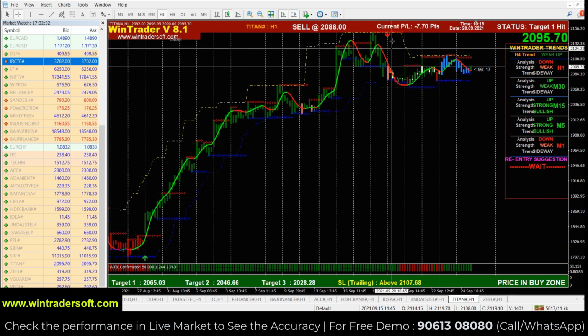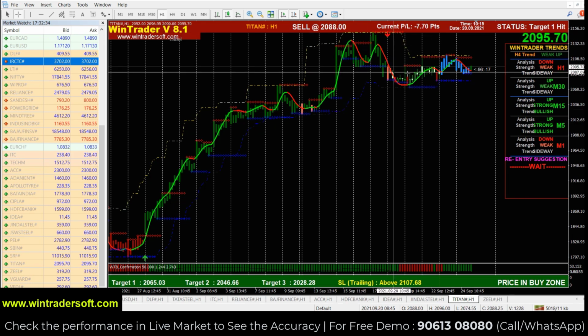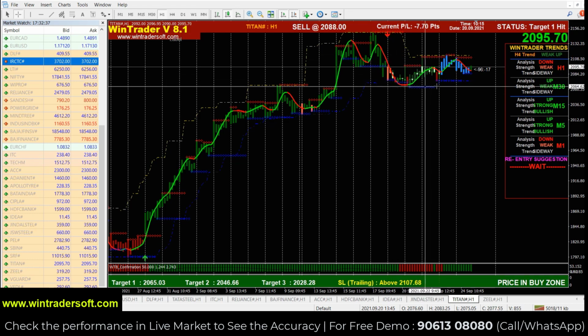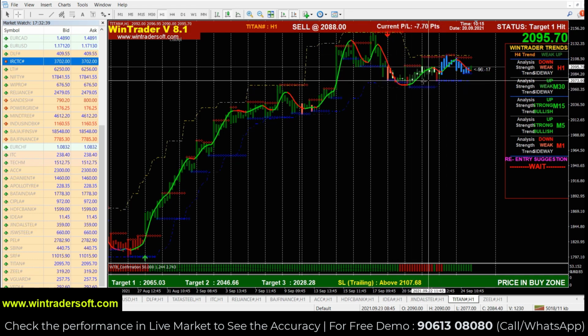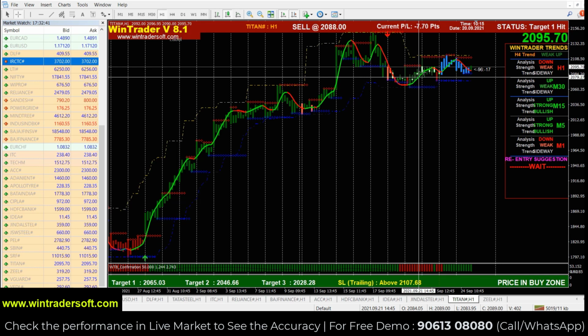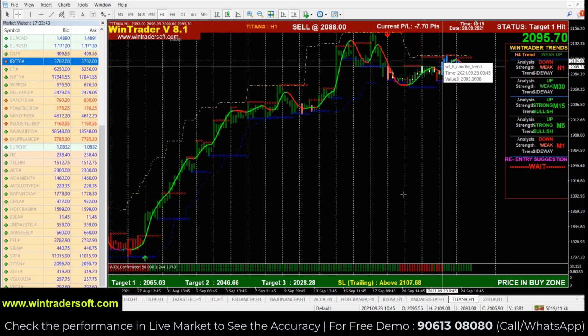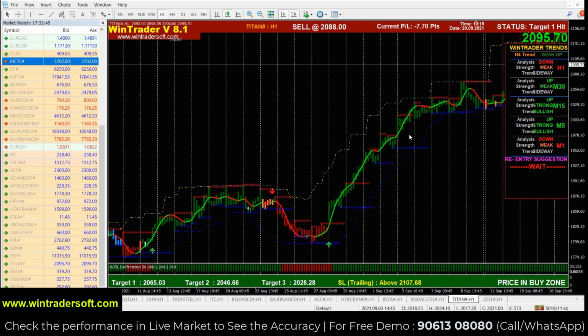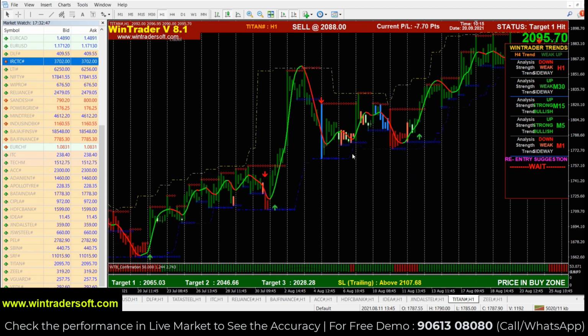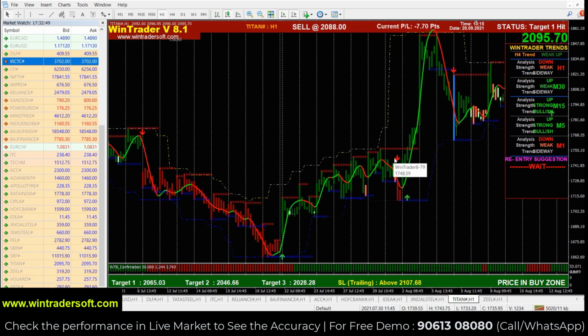In Titan it is a good trend, and the sell was generated but not matched exactly. That means the candle, you can check the candle color. It was not red or green, because blue or white are sideways market indications. The previous signals are like this. There is no proper confirmation. If the signal generated does not match, then we can't enter the trades.